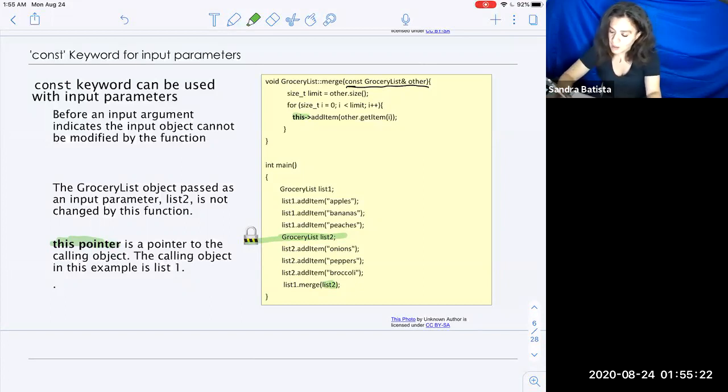So if you see the const keyword before an input parameter, that means that object will not be changed. And I just want to mention that one reason why you might pass an object by const reference, and remember the ampersand after the type means that it's a C++ reference variable, is that we will not copy it, and the const will protect the input parameter. So that's one very common use of const and C++ reference variables when you're passing parameters to functions. And especially if this was a very large object, there would be great advantages of passing your input parameters by const reference rather than just copying